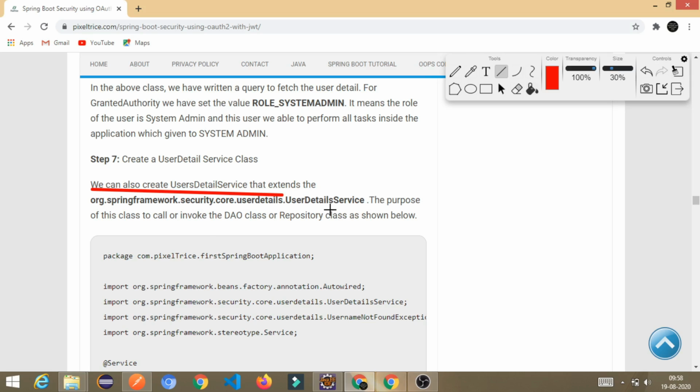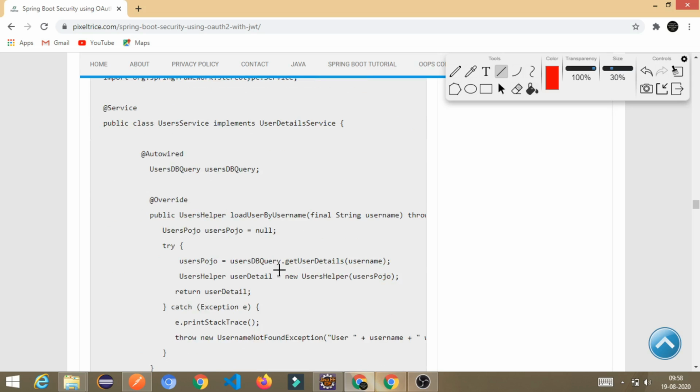The purpose of this class is to call or invoke the DAO class, or the user DB query class, as shown below. See, this is the line of code which I am going to use. I will explain it one by one.